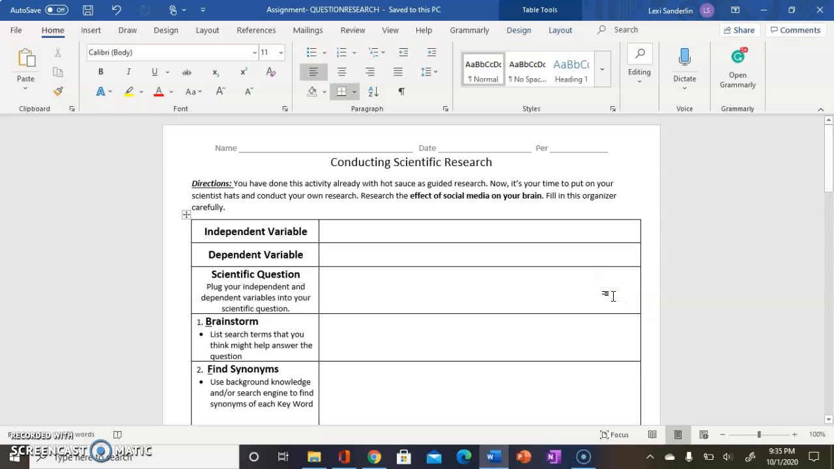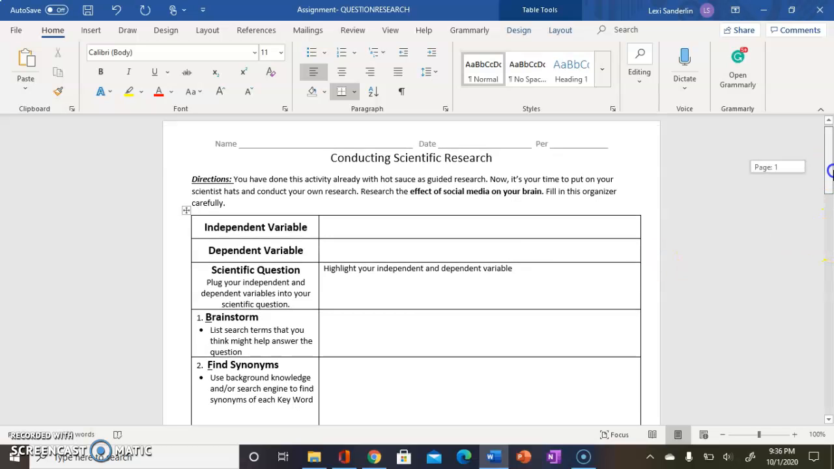When you do put those into your scientific question, I do want you to highlight your independent variable and dependent variable, just so that I know that you know what you're doing. So just like last time,